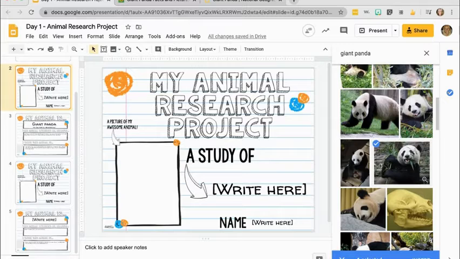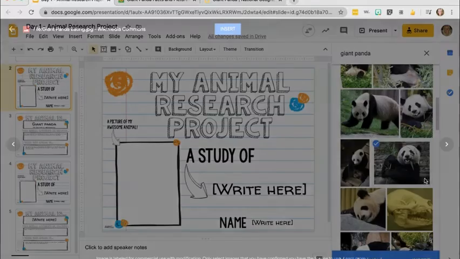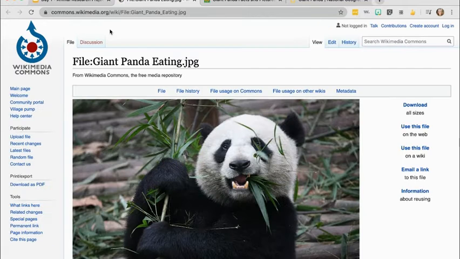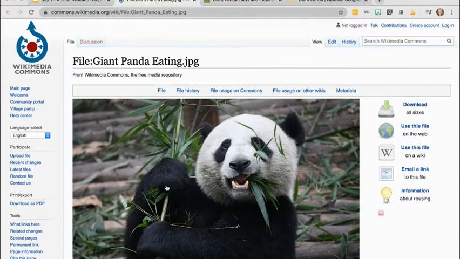And before I click that insert button, I'm actually going to click on this magnifying glass here that says preview image. I'm going to look at the image a little bit bigger, and I'm going to come up here where it says file, it highlights it, it underlines it. I'm going to click on that, and it's going to open something in a new tab. Okay, so